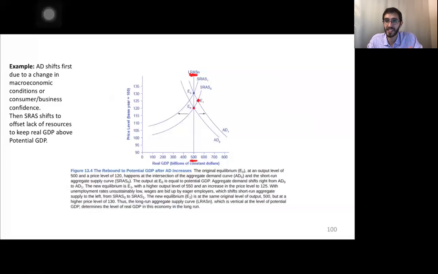When they start bidding up wages, guess what happens with the price of inputs? They go up. They go up, why? Because wage is the price of the input of labor. And if that's the case, as we know, cost-push inflation leads to decreases in the short run aggregate supply, which means we're going to go back to where we should have been anyway. So that stimulus was not necessary. And not only that, that stimulus led to higher inflation at the end of it all. Okay, so that's the idea of the neoclassical view, is that unless we're really promoting growth in the long run aggregate supply, we're not going to grow.